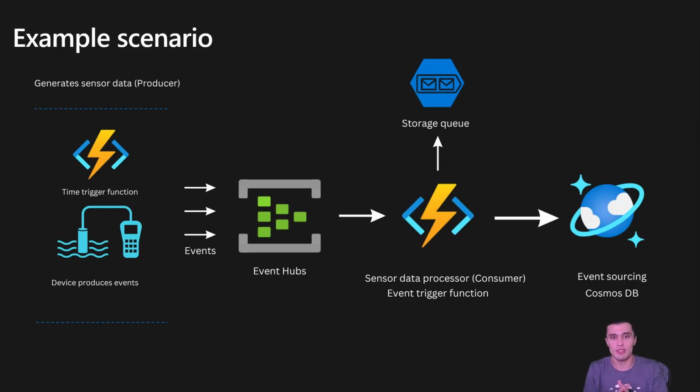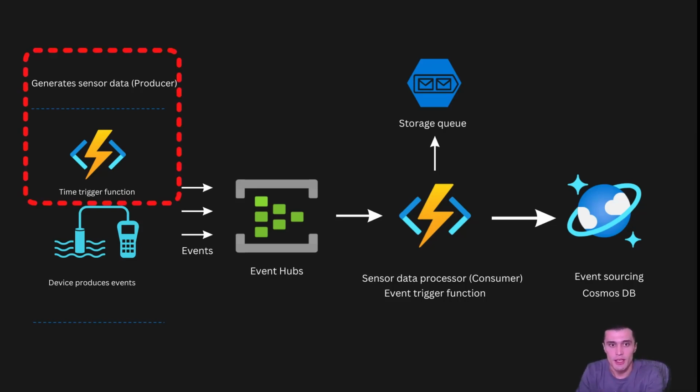Later, another function can listen to this event, process it, and store it in a database created with Azure Cosmos DB. The generate sensor data function, as I said, is a simulator. It sends the temperature and pressure readings to the event hub, and the timer trigger runs, let's say, every 10 seconds. And it uses the event hub output binding to return the value to the event hub.